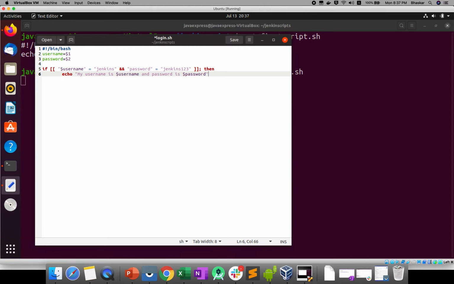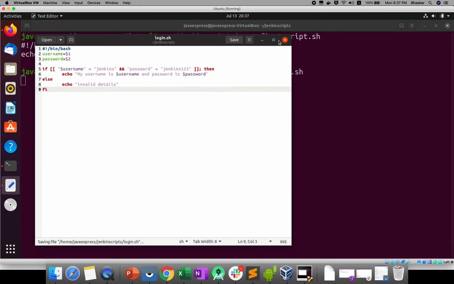This is your echo statement. Else, if it is wrong, echo invalid details. I'm printing this message. Then you can close your if condition. This is the syntax in the shell script. Initially you will face some issues while typing, but if you practice then no issues.